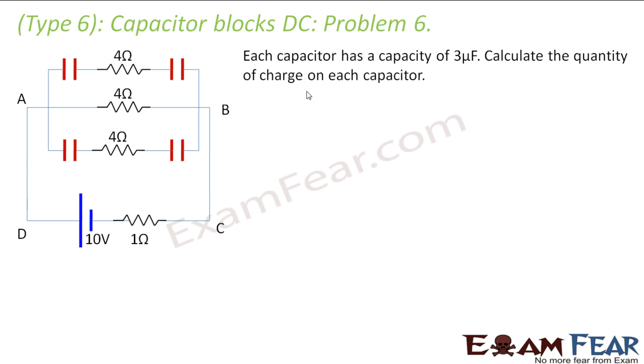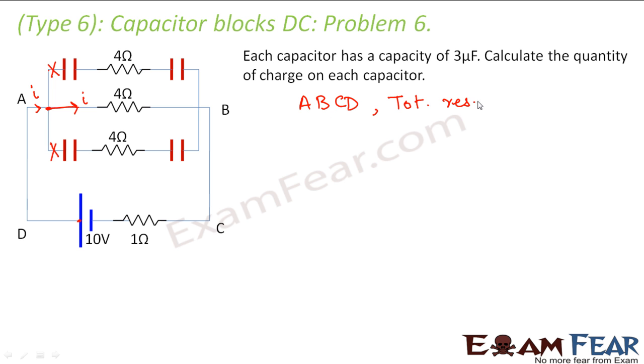Now if you look at the circuit ABCD, what is the total resistance of the circuit? Because ABCD is the direct circuit for this. Now, when current starts flowing, it reaches here. Now it has 3 options. It can go this way, this way, or this way, right? But since direct current is blocked by a capacitor, the current will not flow here. So the entire current will go here, and the flow of current takes place only in the circuit ABCD.